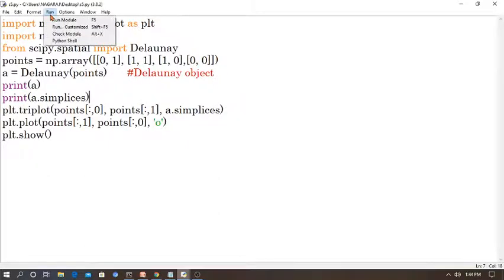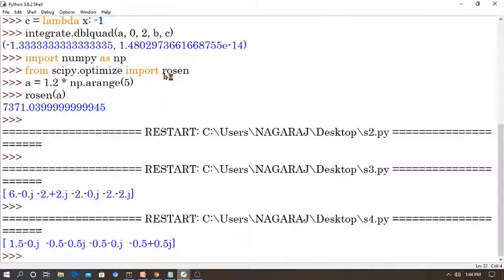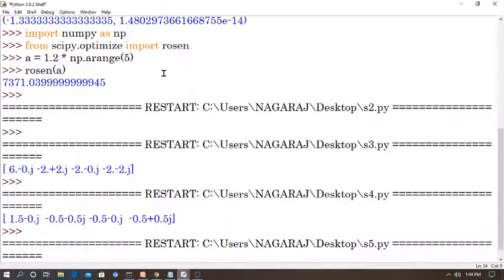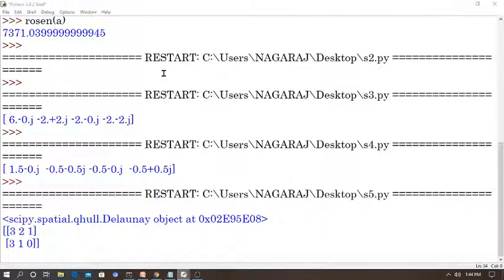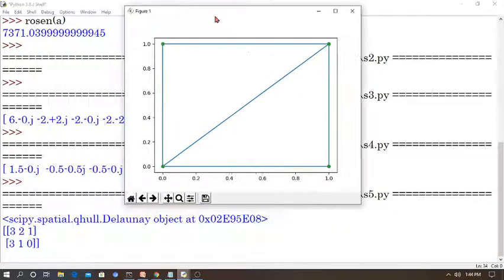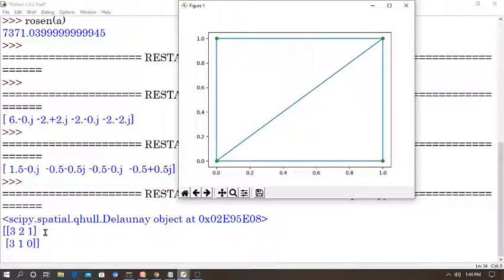Let's go for the output. We see the screen. It gives some information as well as the graph. Just now I told you we need the support of scipy.spatial.qhull.Delaunay. The object values will show at runtime and may vary. It prints the values and finally the output screen like this.